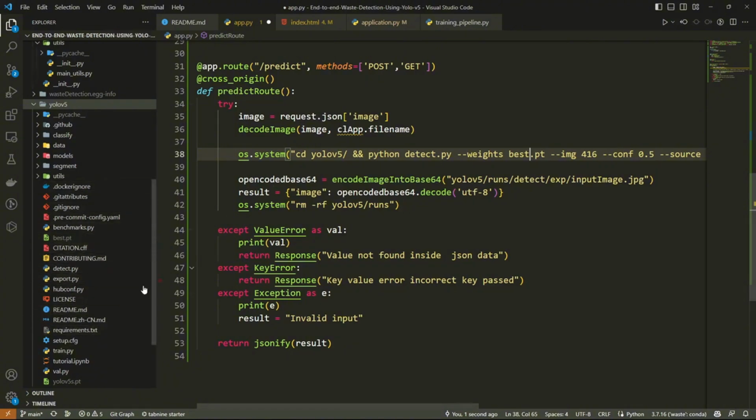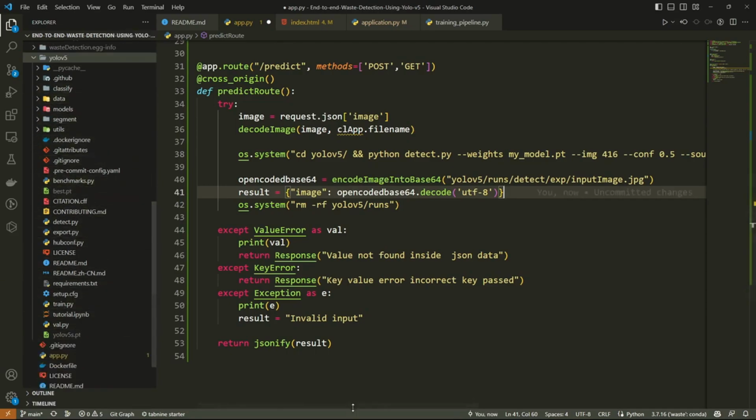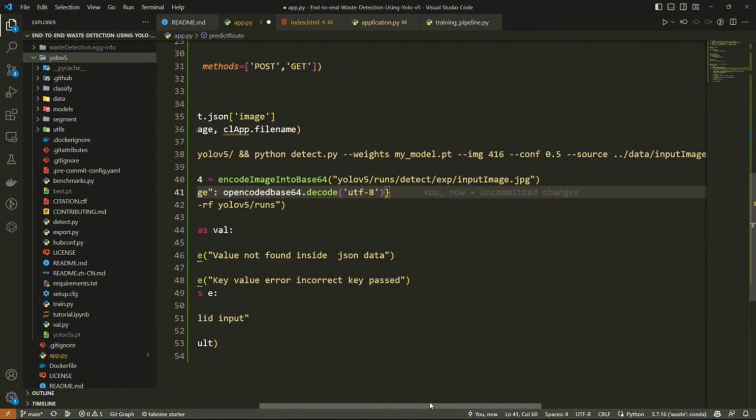But if you're training your own model, just replace base.pt here and give the name of whatever you call that model, and it will be picking it up. So base.pt, I will just keep it as my model only, because I will be using my model. Initially you can't see the model here, I will just move my model here. Then I'm